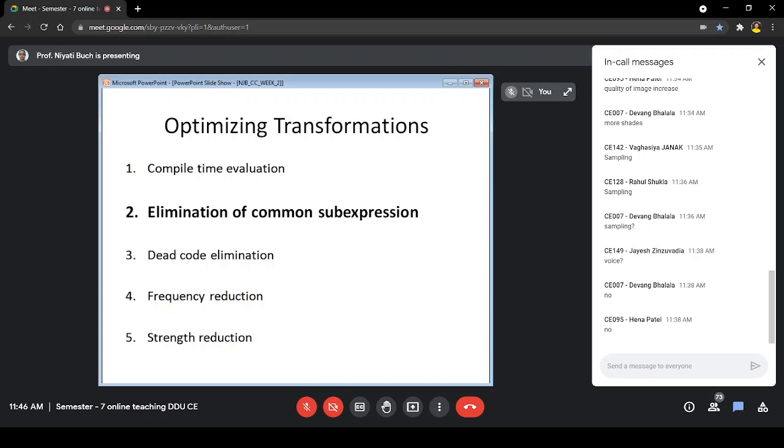And then once the basic blocks are identified, we decide which block is the predecessor or successor of which other block. We also decide that this will be the entry point and this will be the exit point, and from which block to which block the edge is supposed to be drawn, and hence we make a graph representation known as a flow graph for our basic blocks. So this is what we had discussed in the last class.